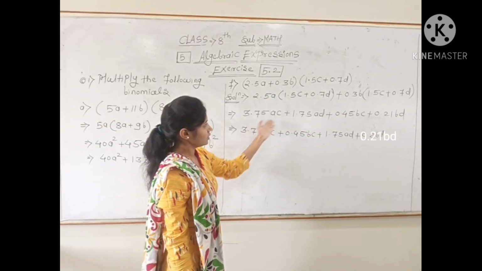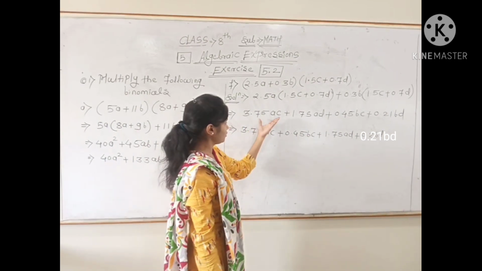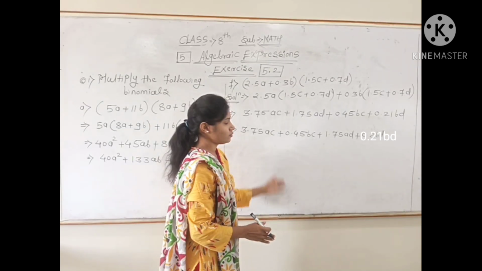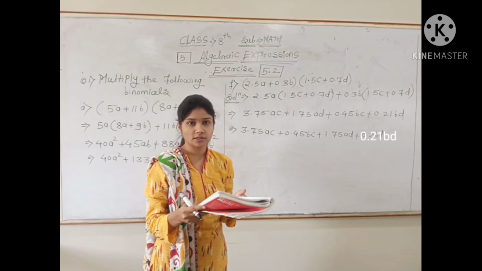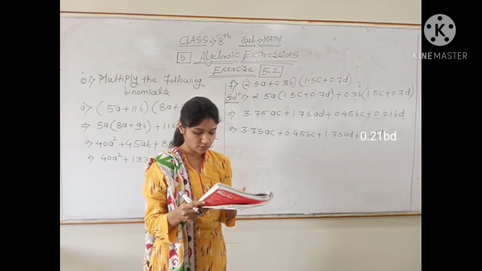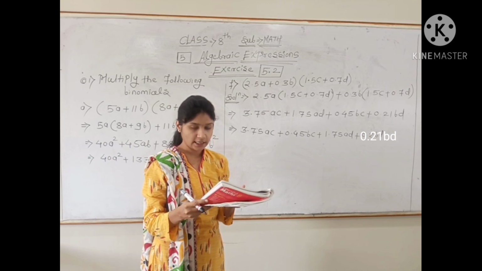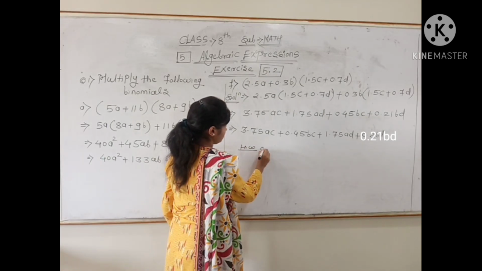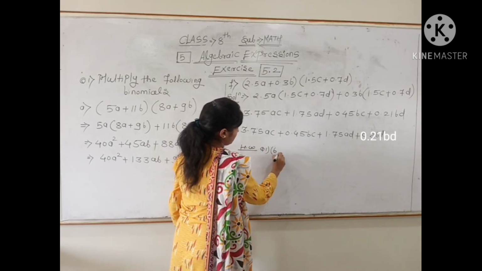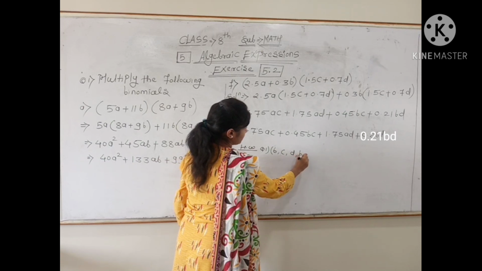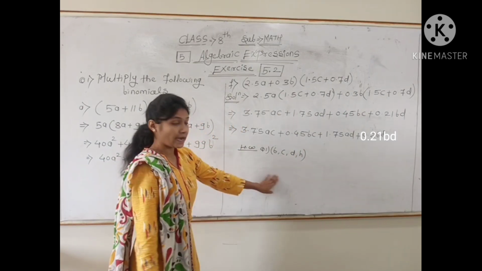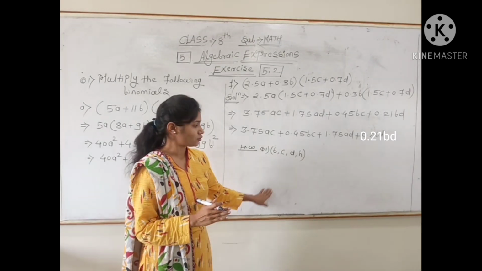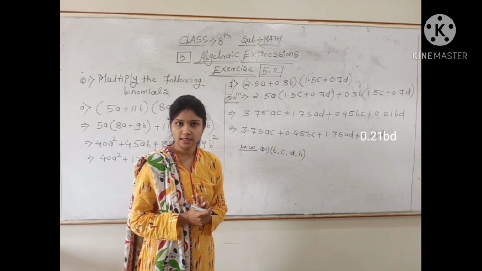After that, there is no like term, so we have to write this answer properly. Okay, according to this, we have to solve this type of questions. Understand? So now we have to give the homework. Which questions should we solve as homework? Homework is question number 1, B, C, D and H. It is the homework you have to solve. And the remaining questions, I will send to you as pictures. Understand?